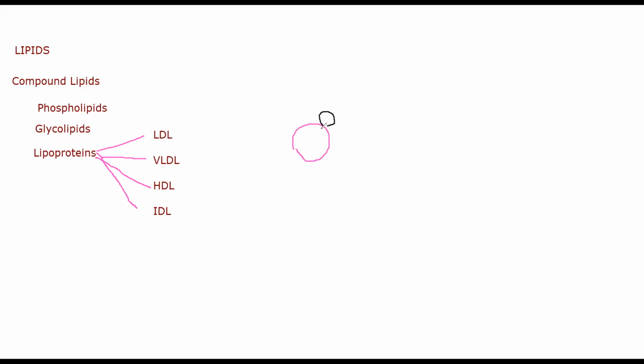Their significance is that, especially when we talk about HDL and LDL, HDL is high density lipoprotein. Its work is, wherever it is finding fat molecules around your body, in your blood mainly, it will capture those fat molecules and transfer them to the liver. In the liver, the fat molecule will get metabolized and broken down, and it will either be used up or stored in adipose tissue and things like that. It will be given some particular function, whereas LDL will take fat from your liver to different parts of your